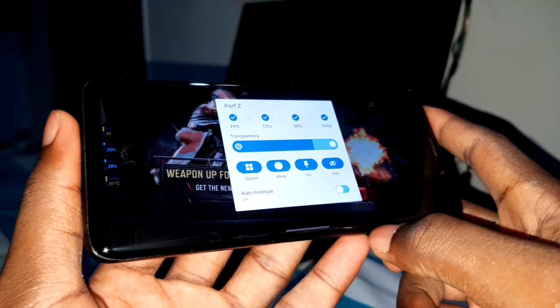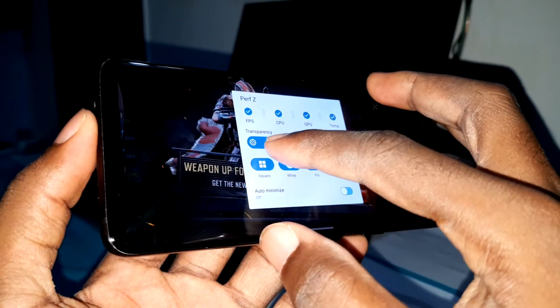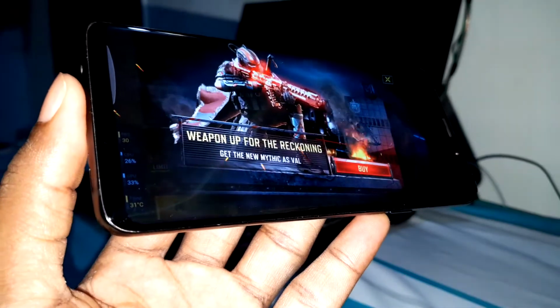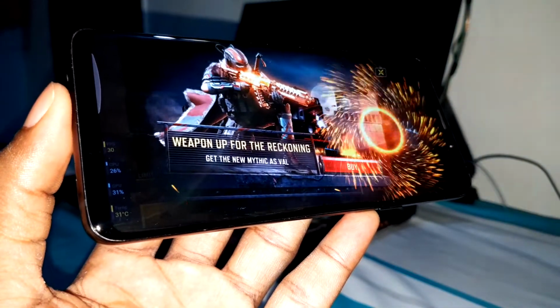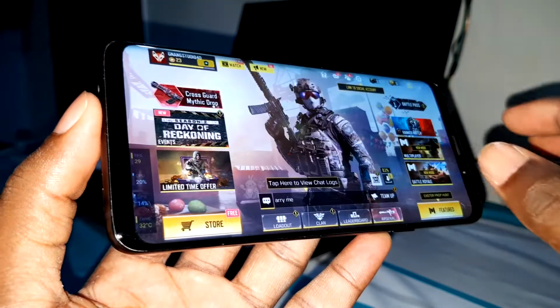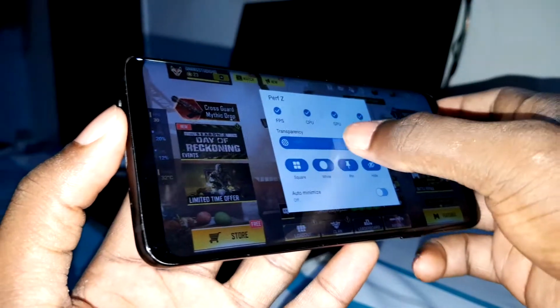I don't want to minimize this. You can make this transparent. Wonderful. I don't want to make this transparent right now because I want to show you very well. I want to click OK.